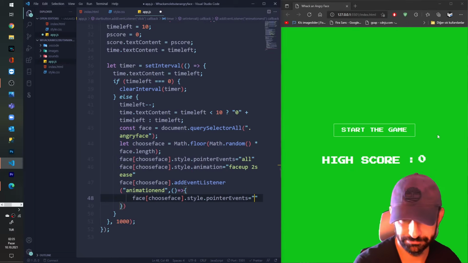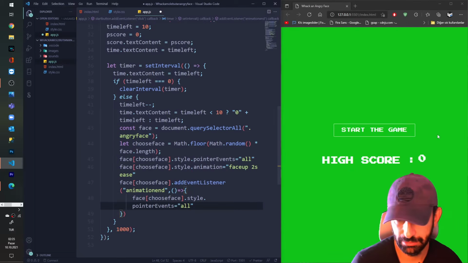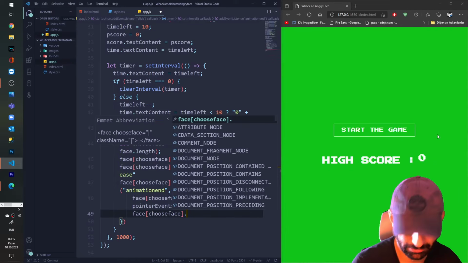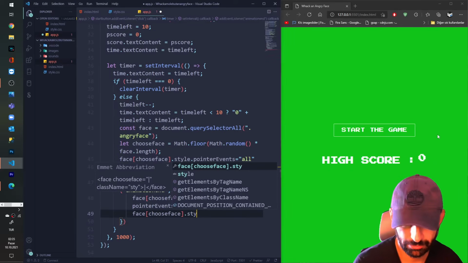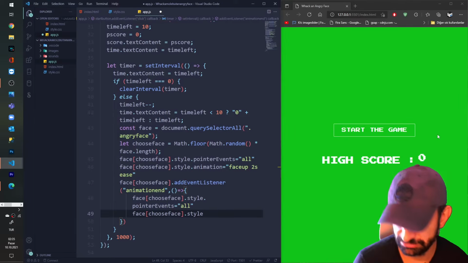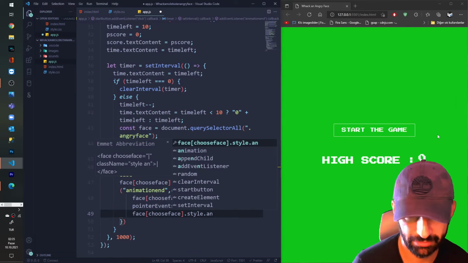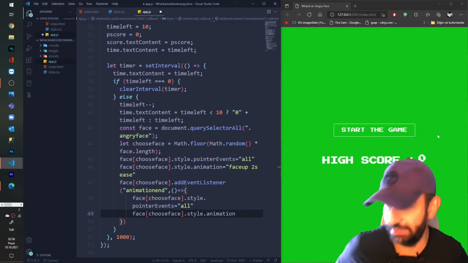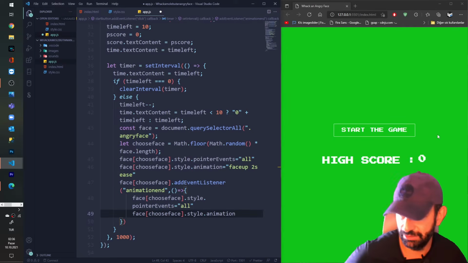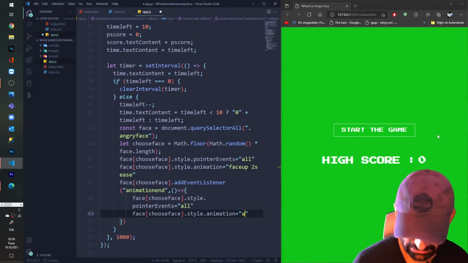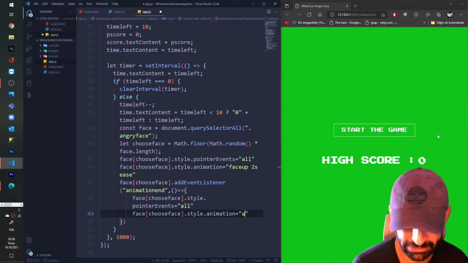Excuse me, all. But this time my face will be going in the down direction, but a little bit faster than the previous animation of face. Okay, let me position myself to my correct place. Let's see, animation, excuse me, face down.